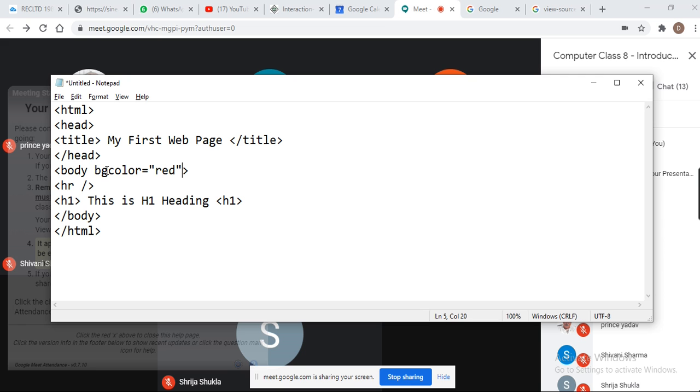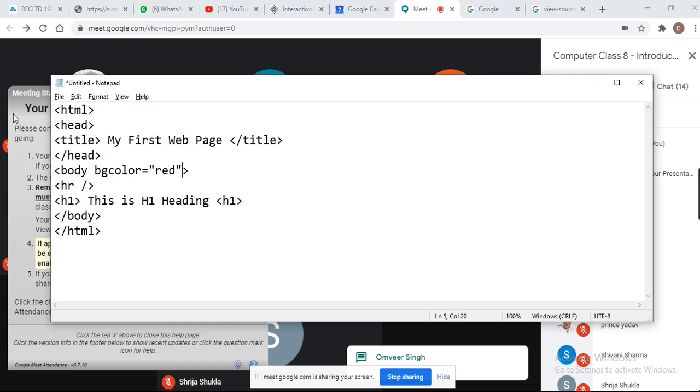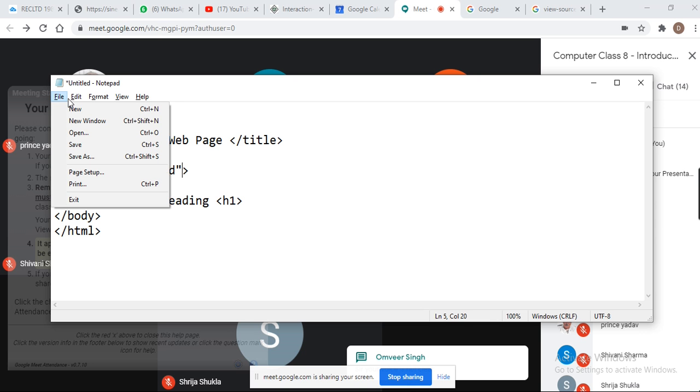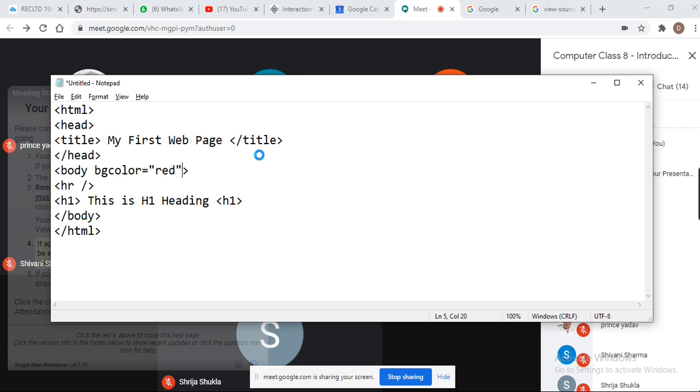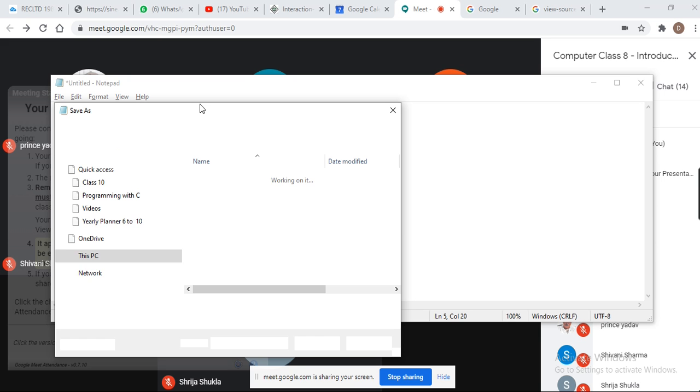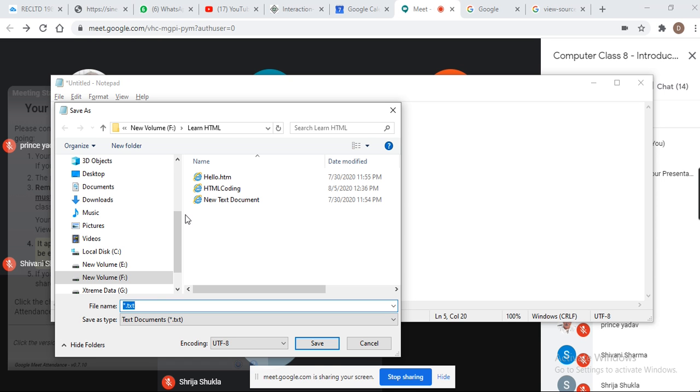So for viewing this page we must save it first, okay? For saving our notepad we use the save option, that is Control plus S, you can use that as well, okay? Save this. And here I'm saving this with the name my first